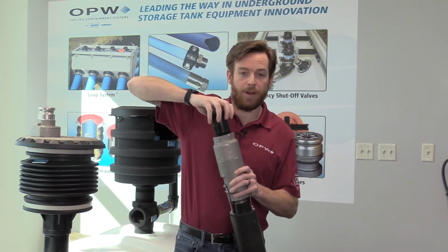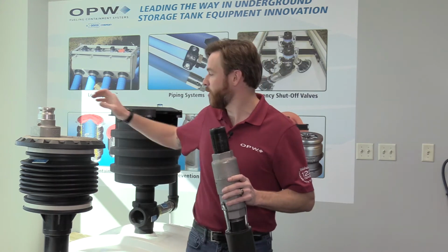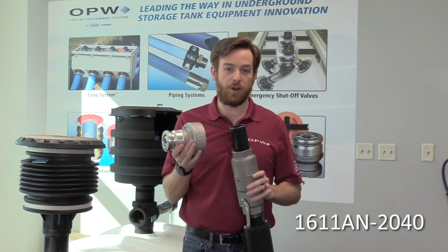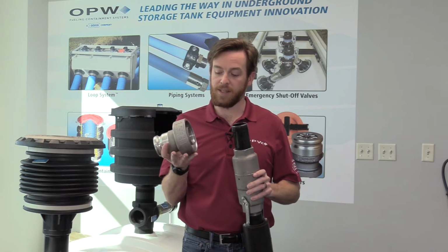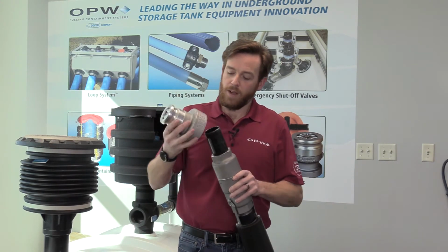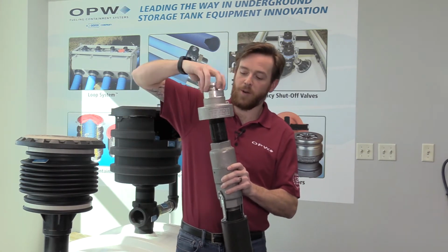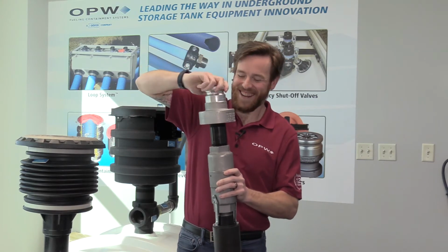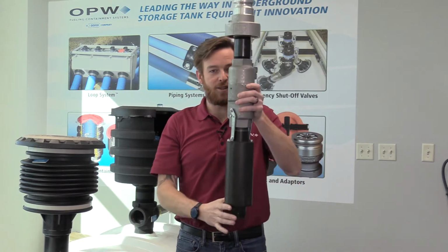Once you've got your nipple on, the next piece, which the part number I don't believe is shown anywhere in your manual, is the 1611AN-2040. And this is going to be the fill adapter that you use for these direct fill applications. You can see that it's got 2-inch threads as well as 4-inch threads. So again, with your non-hardening oil and gas resistant pipe dope, you're going to install your 1611AN. You'll get that on there, and this will be the entire piece that threads down into the riser inside